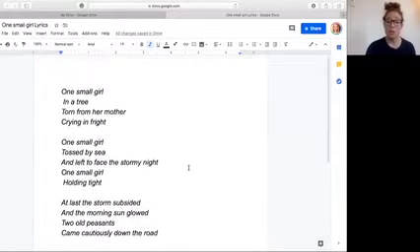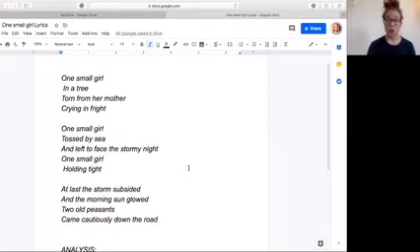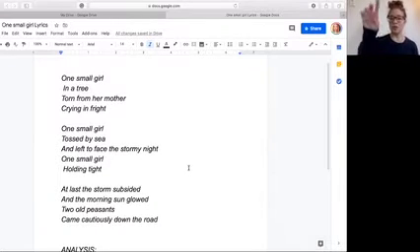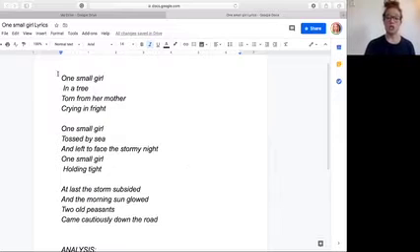Next, I would start breaking up the groups. So I would say, great, so can I please have 1, 2, 3, 4, you 3 are going to be in group 1. Group 1 is just going to do one small girl in a tree, this first section. Group 2 would just be responsible for this section. Group 3 would be responsible for this section. I would have them read in their groups, starting from the beginning,